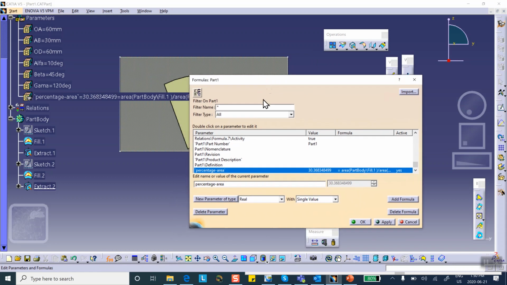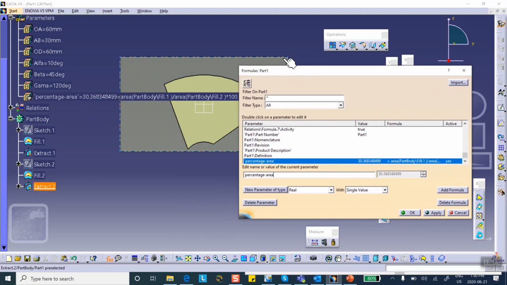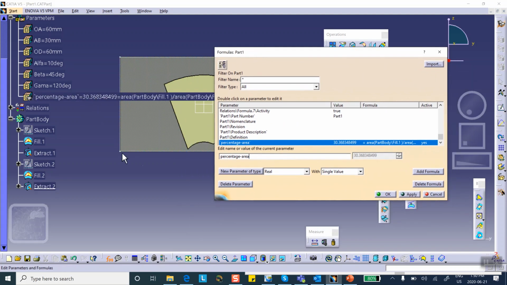So notice what happened right now. That percentage area is 30%. Okay, right there is 30%. Okay, let's do one more, which is the distance between the two extracted boundary, and that distance, of course, is length,